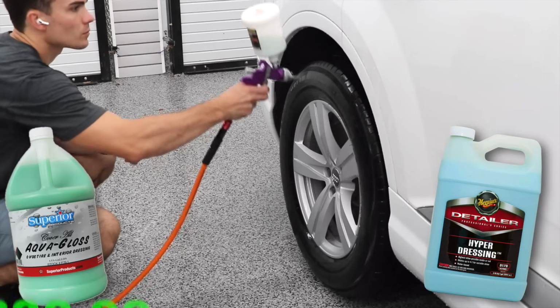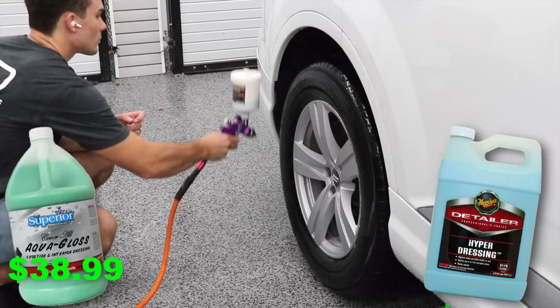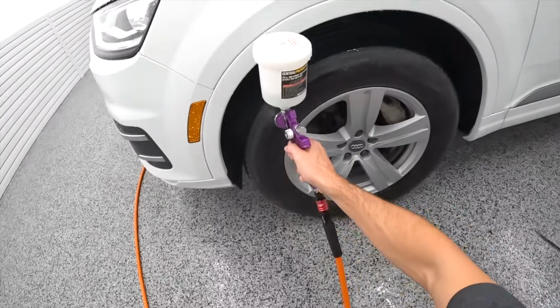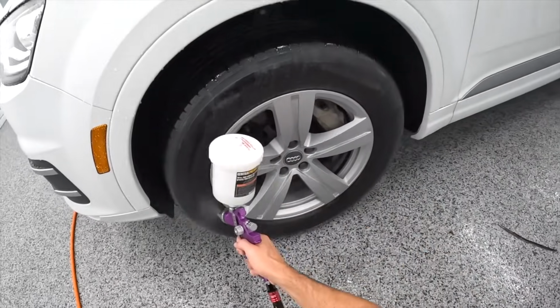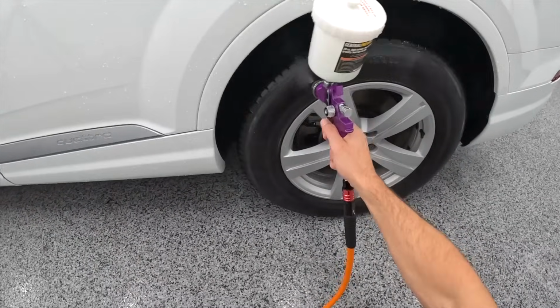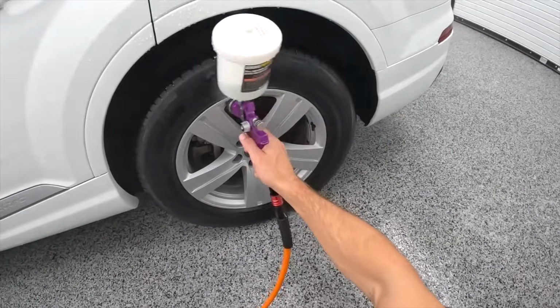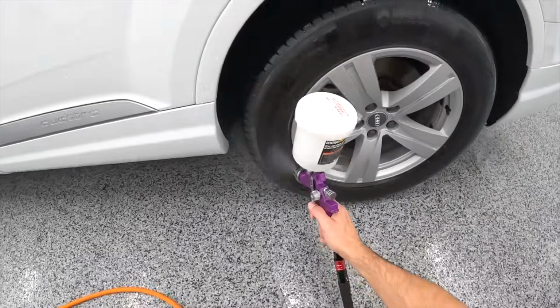The Aqua Gloss comes in at $38.99, and the Hyper Dressing comes in on Amazon at $52. Now, barring the price disparity between these two products, I would use both of these products in a very similar application, whether it's dressing an engine, dressing the sidewalls of the tires, dressing some really exposed black wheel wells like on a lifted truck or a big SUV, you know, something like that, or even dressing the black trim on the lower rocker panels on a vehicle that has a lot of black trim on it, like potentially a Jeep Wrangler, to bring back some of that black appearance,